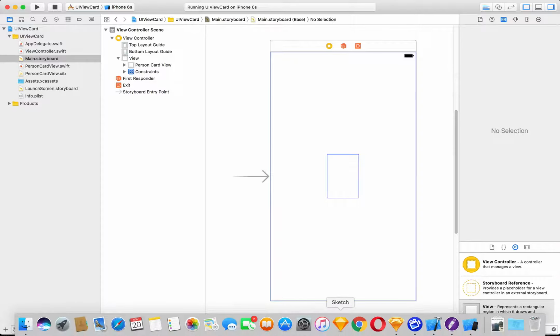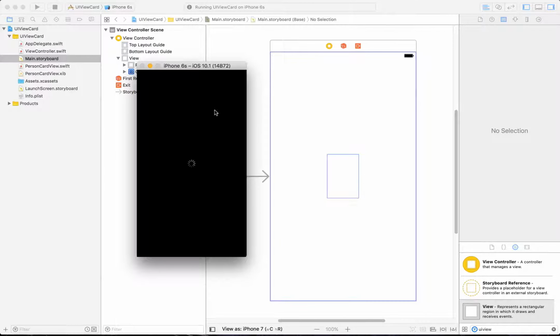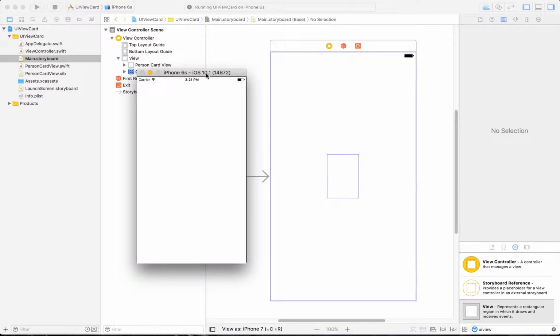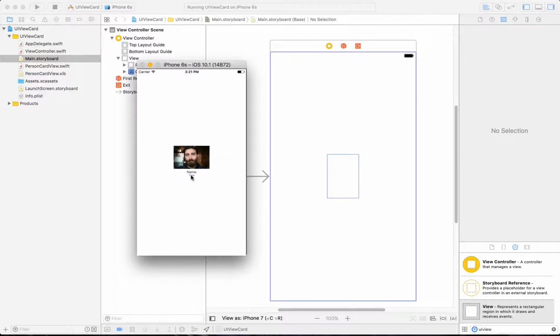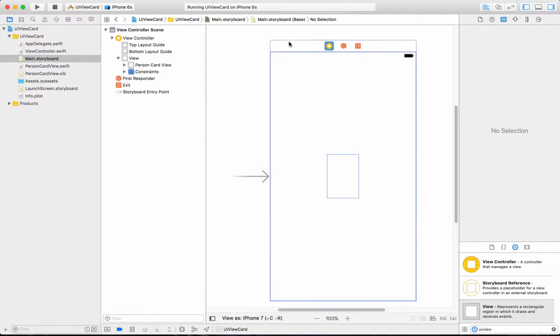Now we wait and wait. When it's there, and see, ta-da, it worked. But there are some weird things, but in order to really properly see this, I'm just going to